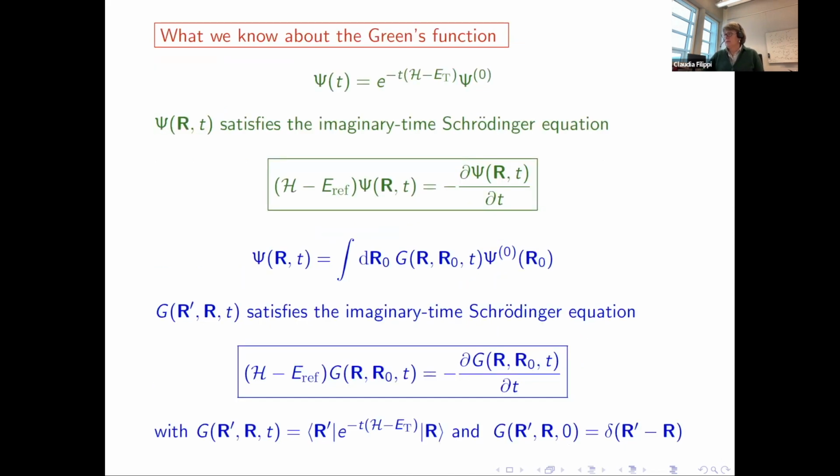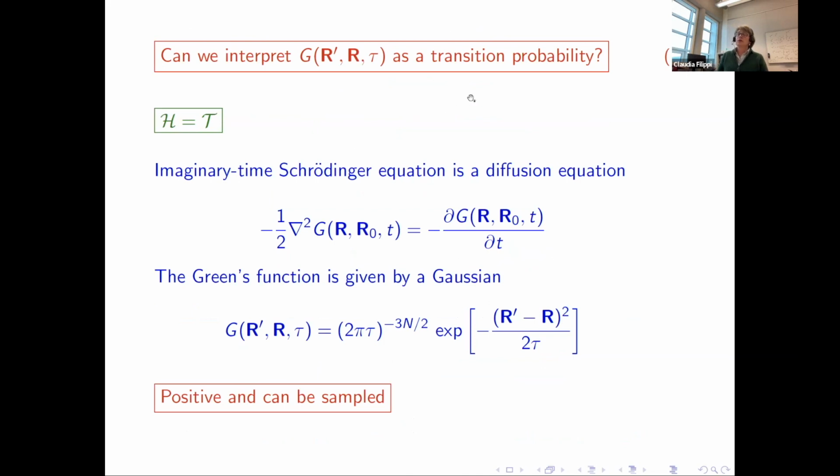Now, we have an equation for G of R, and therefore we would like to have some approximate expression for G of R. Well, we would like to have the exact expression, but that's not possible. Something which will give us an estimate of the Green function. So now we can do so by looking at the effect of the Hamiltonian in steps.